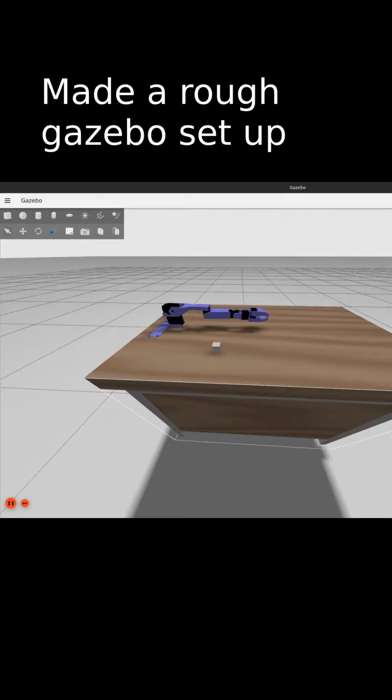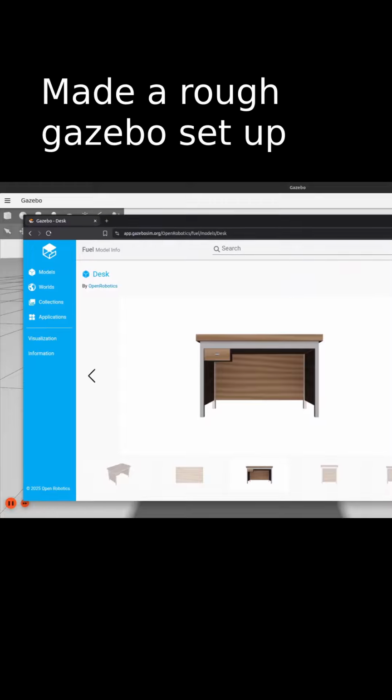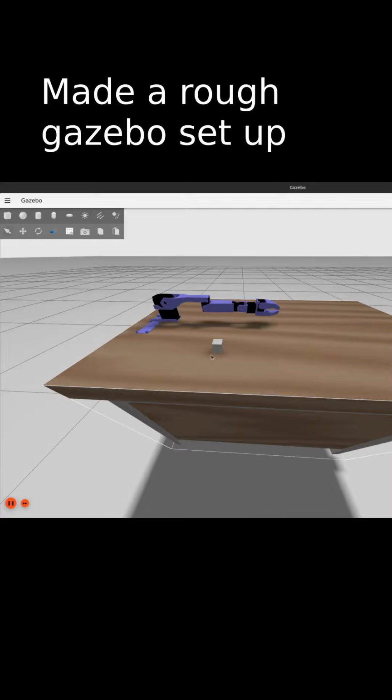And so now you can see that we are in the simulation. Hopefully my audio is a little bit better since I'm just screen recording this. I did add a table, not my own table, I didn't make it, I added it from here. There's this nice little Gazebo app, and this is from Open Robotics, so I want to thank them for that. It did take a while because I had to do some custom collision on the top to get this